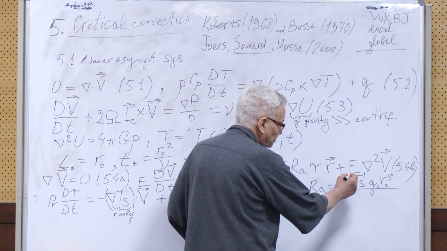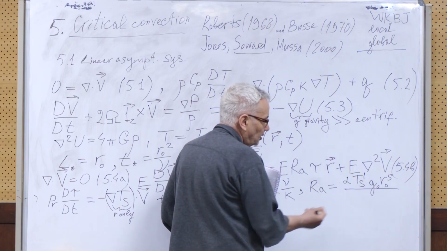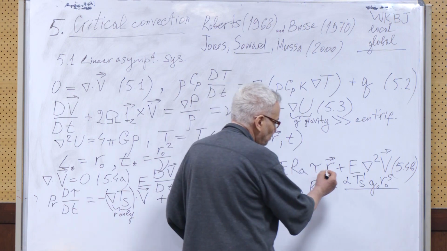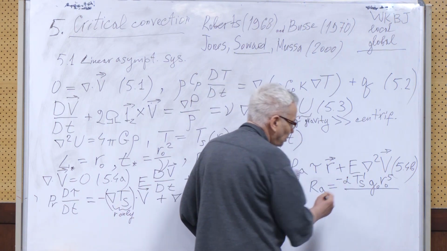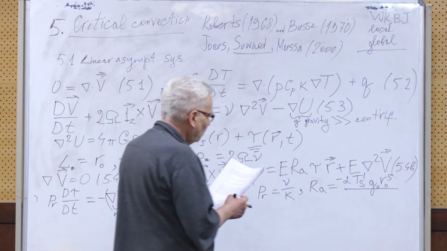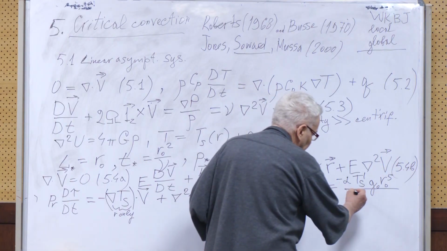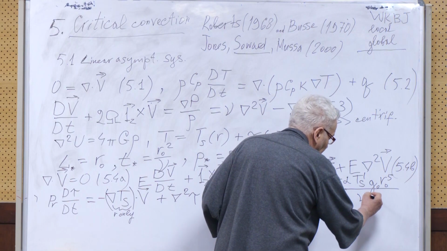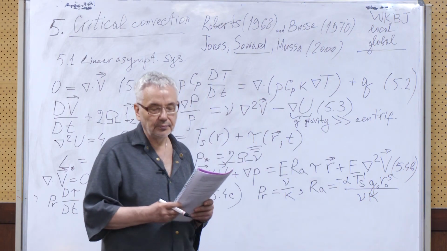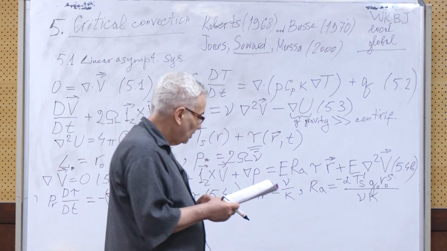And also there is one thing: this gradient, the prime means derivative, is negative, as we already told you. So just to have a positive value, we put a minus here as well. And on the bottom we have all the terms which work against the convection. It's of course viscosity and diffusivity. And the Ekman number